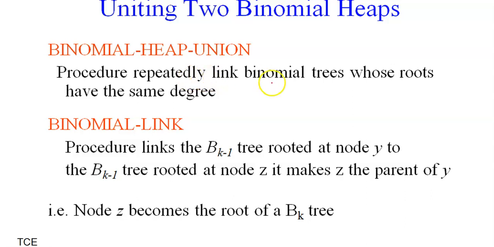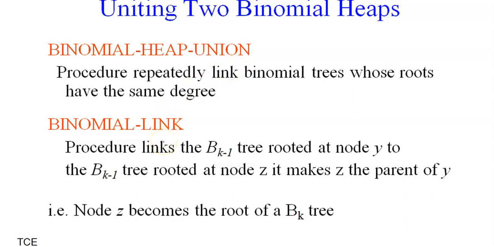So when we find binomial trees with the same degree inside, we need some procedure to make a union of those binomial trees in the heap. So we need the union operation to do that. The union operation includes the merge operation also in it. So we shall look into both of these operations in this video.